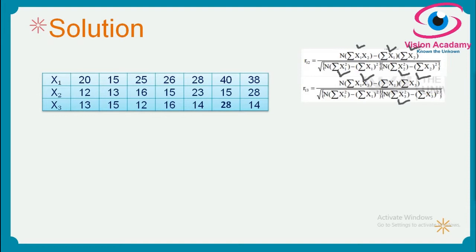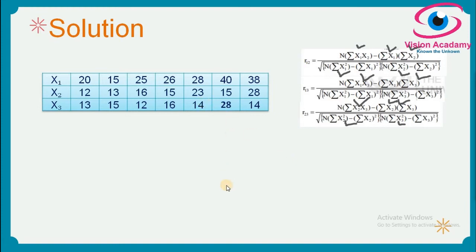So yeah, and for the next zero order correlation we need additionally summation x2, x3, and summation x2 square, x3 square, which we have already talked about here. So here, summation x2 square. Firstly we need to obtain this value using the given raw data.